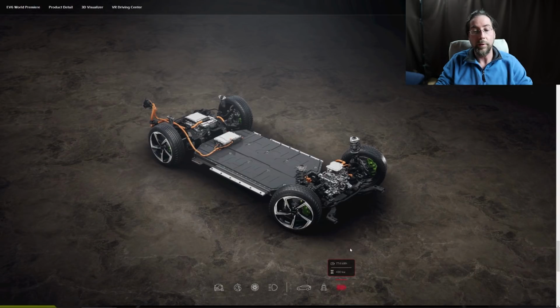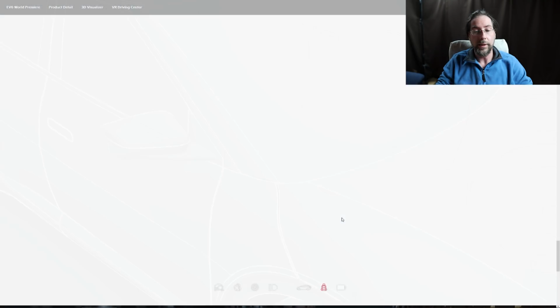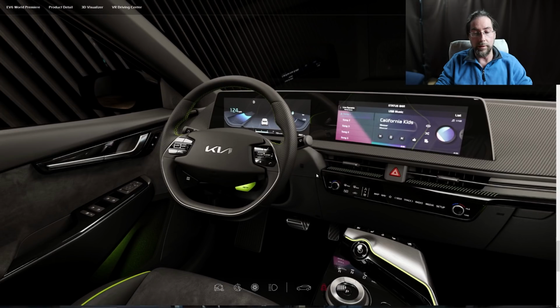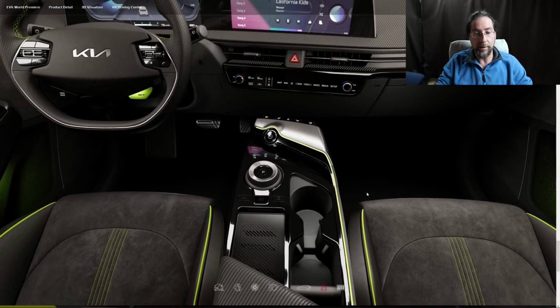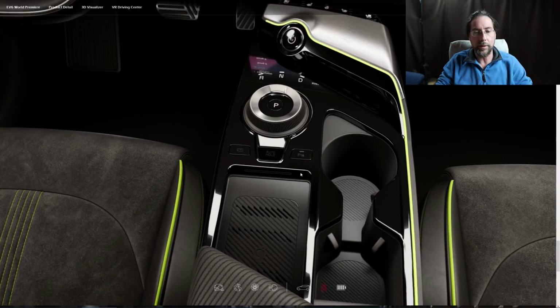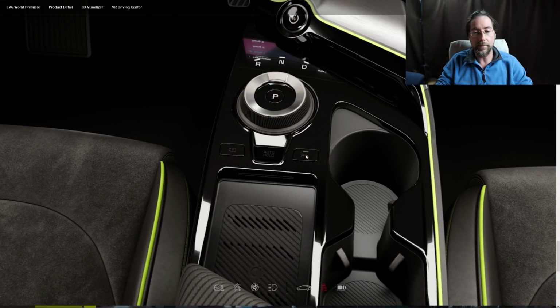No, should be the same. Different motors, but you can't see it. And then you can also go inside and you can zoom in. I think that's awesome. So I can see here that here you have your gear control and your parking cameras,